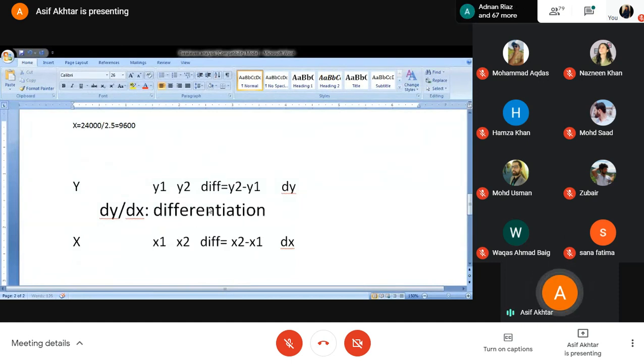Differentiation of what? Differentiation of y with respect to x. ये जो होता है वो dy by dx होता है, इतना है बस डिफरेंशिएशन जो मैंने आपको बताया है. इसके पीछे जो स्टोरी है वो हमारे लिए ज्यादा इंपॉर्टेंट नहीं है. हमारे लिए इंपॉर्टेंट ये है कि एक्चुअली ये हमें देता क्या है. So dy by dx is nothing but the differentiation of y with respect to x. What is this differentiation? Change in y with respect to x.